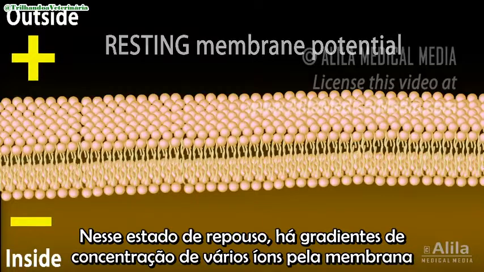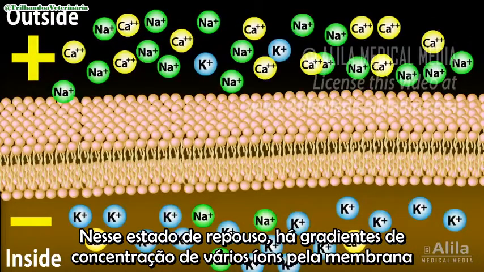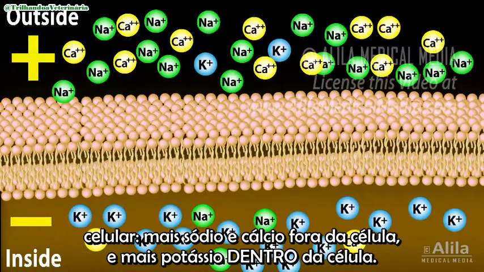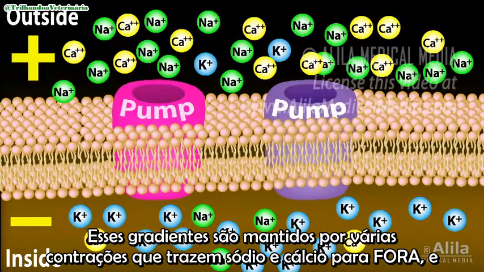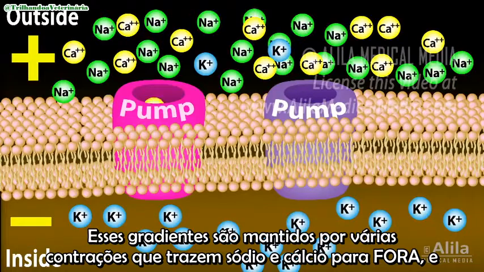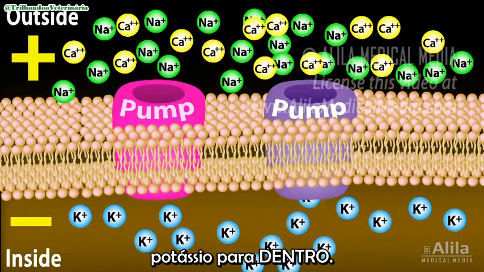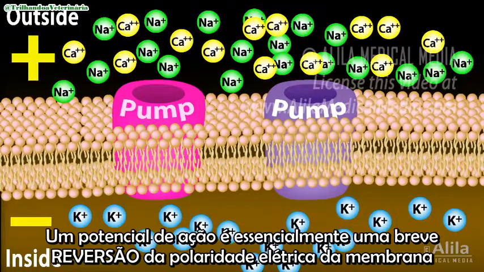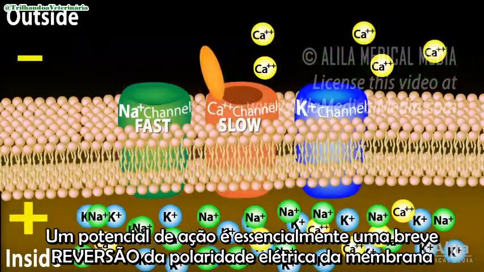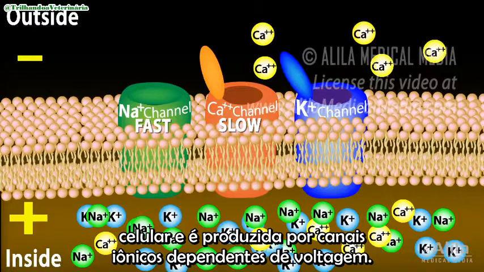At this resting state, there are concentration gradients of several ions across the cell membrane. More sodium and calcium outside the cell, and more potassium inside the cell. These gradients are maintained by several pumps that bring sodium and calcium out and potassium in. An action potential is essentially a brief reversal of electric polarity of the cell membrane and is produced by voltage-gated